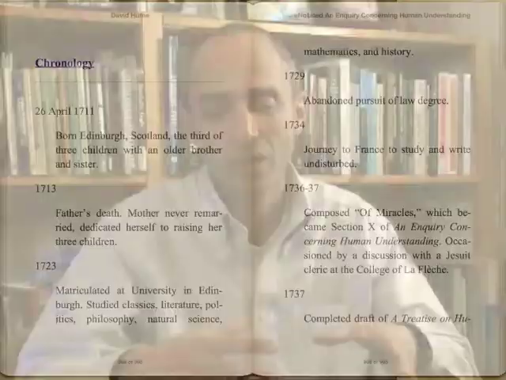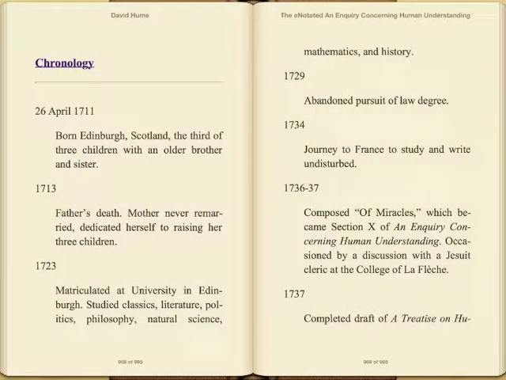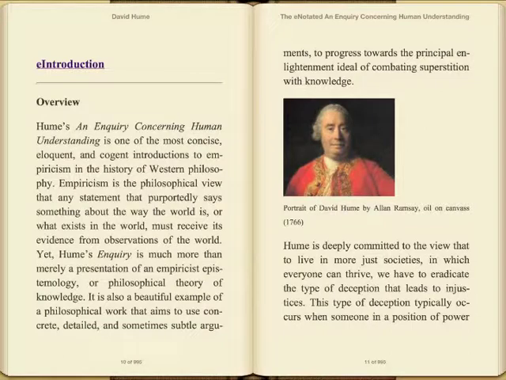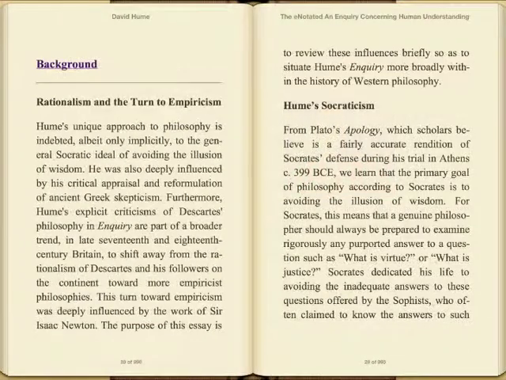First, I thought it was important to situate the work historically, to give us a sense of where Hume was coming from so that we could appreciate his overall project of developing what he called the science of human nature. Why was he interested in this project? What was his main influence? What was he reacting to? And that I tried to achieve in the introductory essay and the background essay, to set the stage for the broad overall philosophical project so that we can keep that in view as we read through